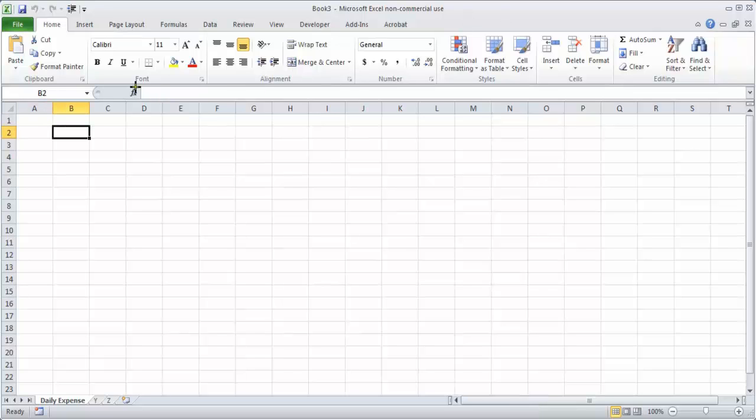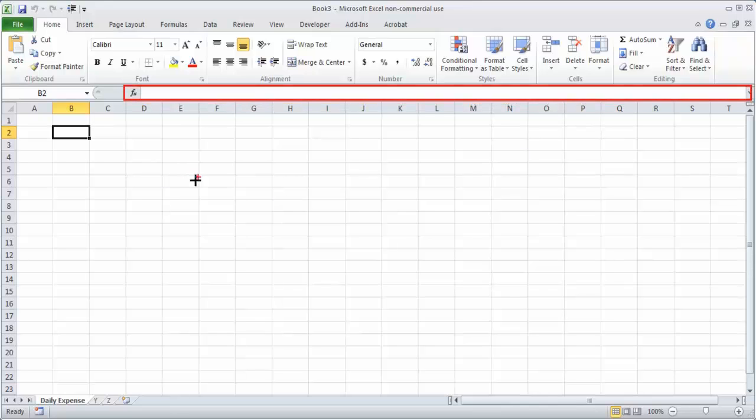And what you see over here is your formula bar. Whenever you enter a formula in any of the cells, you can see the formula coming over here. So this is useful to refer to what you are writing. So this is your name box. Here you have only the column and cell number, but we will see that you can assign some names also. This is your formula, it will be helpful to see what you are writing.